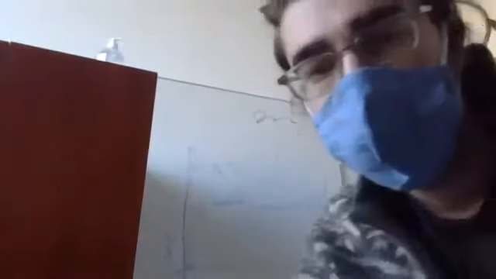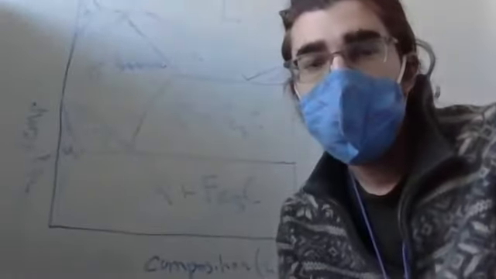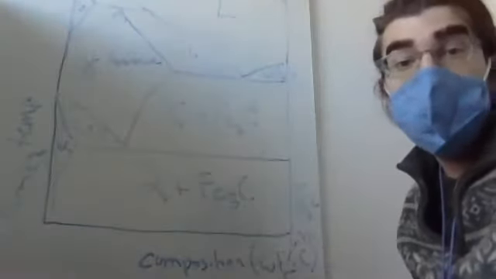Okay, so over here, here we have the steel phase diagram, so everyone can see. And what we have, the phase diagram is composition on the x-axis and temperature on the y-axis. And our composition in this case is carbon and iron, right? And we're going from 0